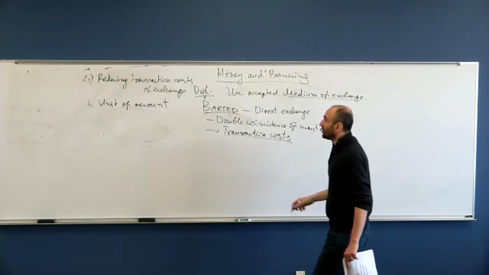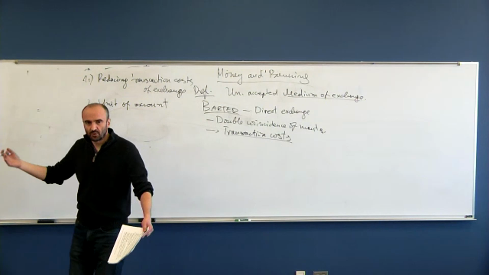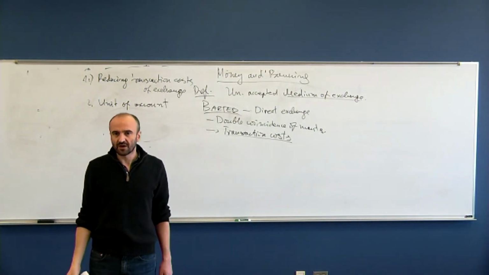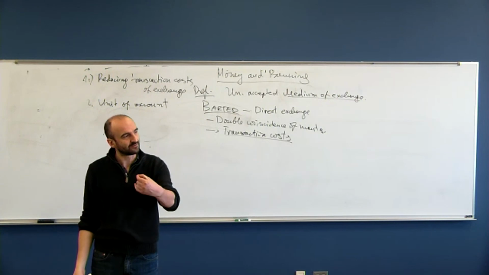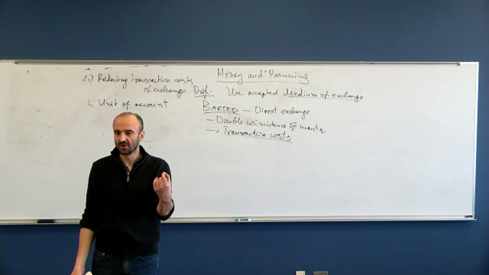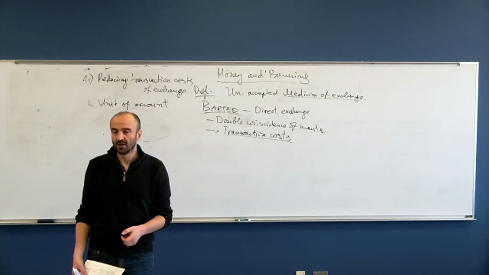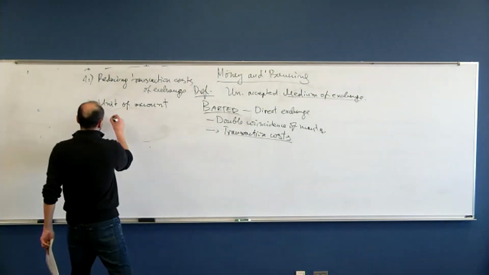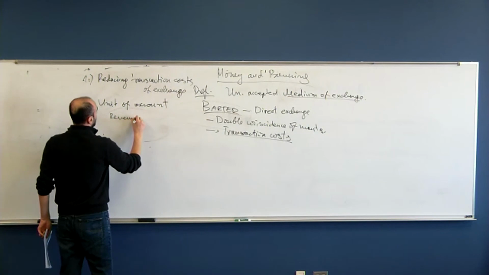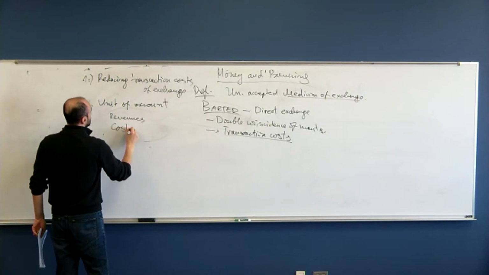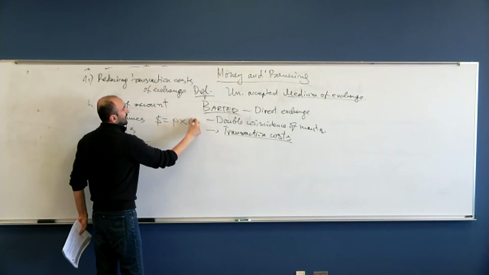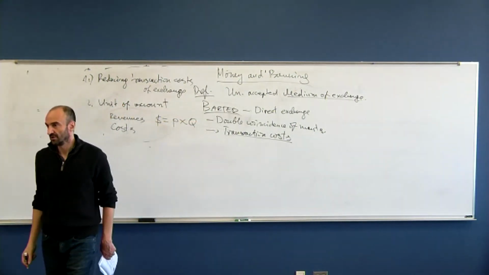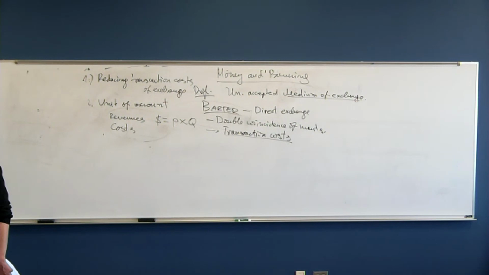Okay. Unit of account. So why is this important? Unit of account means a measuring stick that allows people to compare the values of heterogeneous products, heterogeneous goods. For example, to compare the value of revenues and costs. So revenues in dollars are price per unit times quantity produced. It's an objective measurement. It's a certain number of dollars.